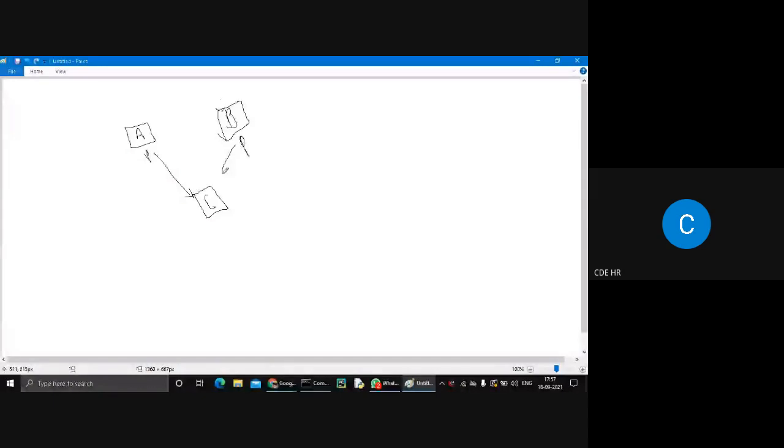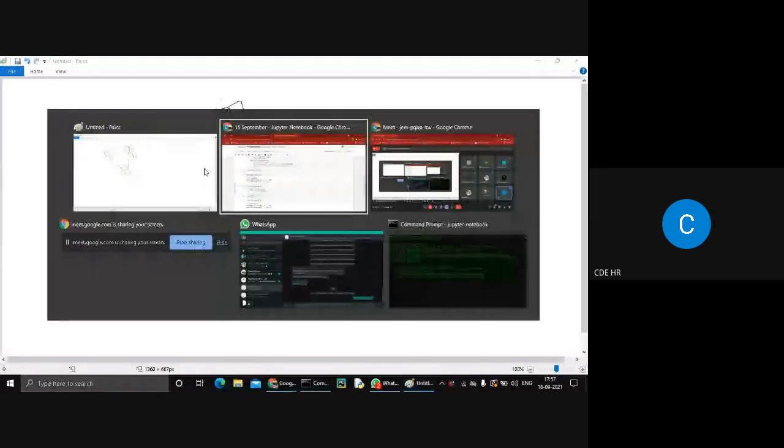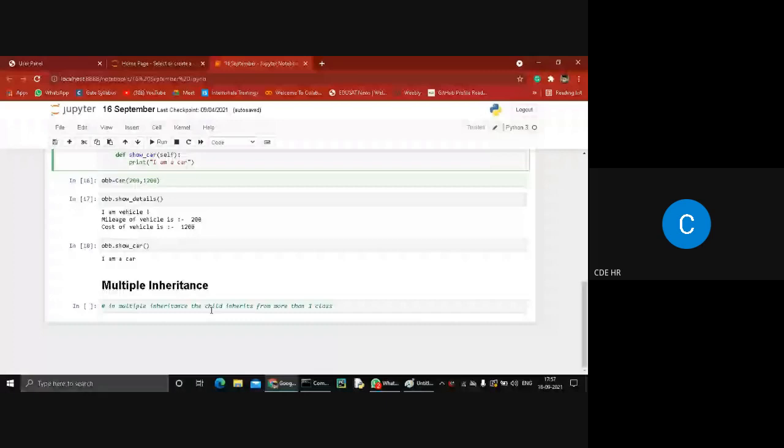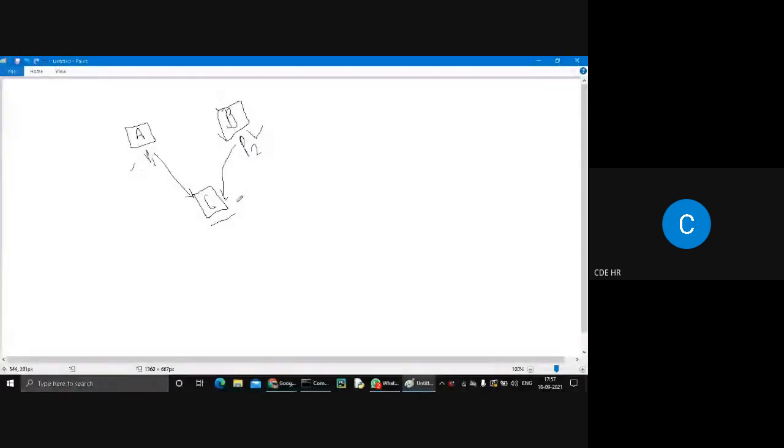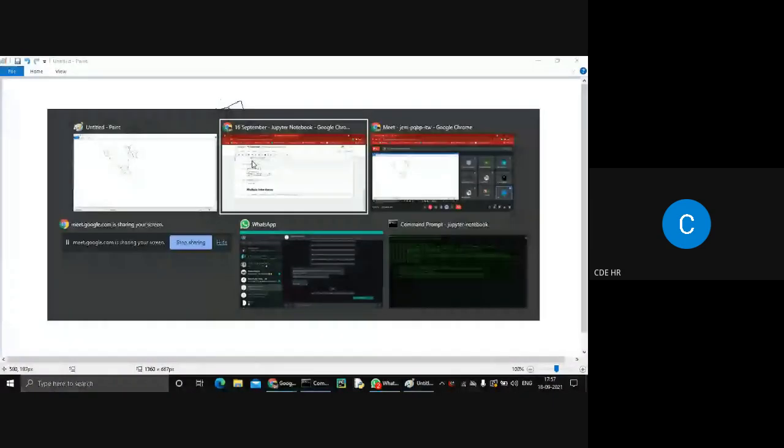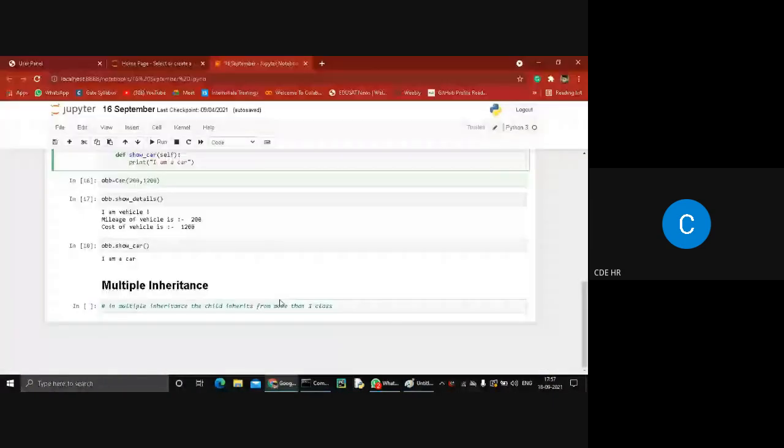So you see, this particular child contains two parents, P1 and P2. So now the definition is clear: in inheritance, the child inherits from more than one class. So it contains two classes, and also two parents. So now the definition is clear. What is the meaning of multiple inheritance?